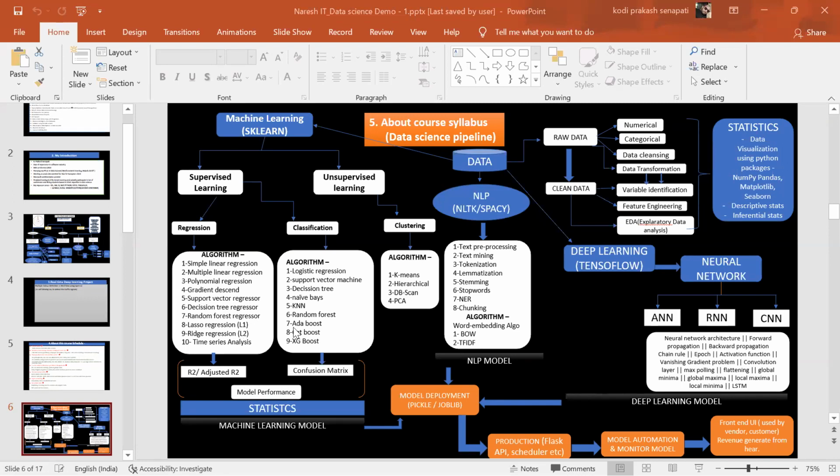I hope you understand. And what algorithms come under classification? Logistic regression, SVM, decision tree, naive Bayes, KNN, random forest, AdaBoost. When you learn these algorithms and prepare a resume, when you go for the job, these are the interview questions they will encounter. Do you understand or not? And when you respond to the same questions, you get a job offer.